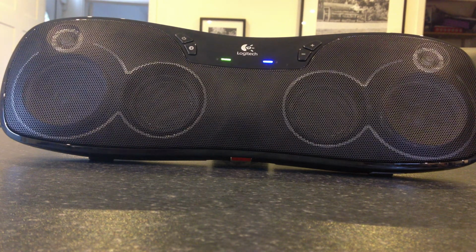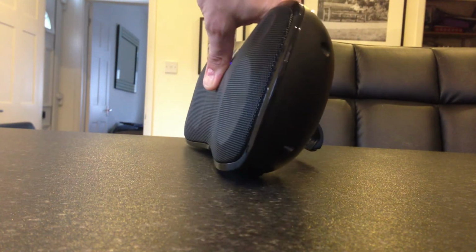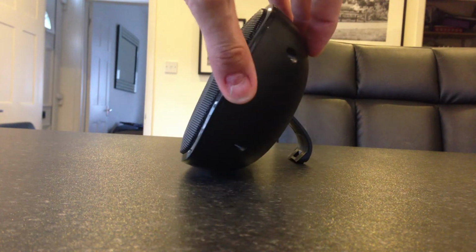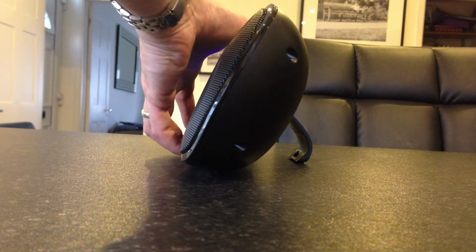So obviously it was some sort of fault somewhere along the line. So let's spin it around. There's a bit of a side view of it. It's not the thickest of devices, but then again, this isn't an all-in-one home entertainment system. This is literally something to take away on holiday,